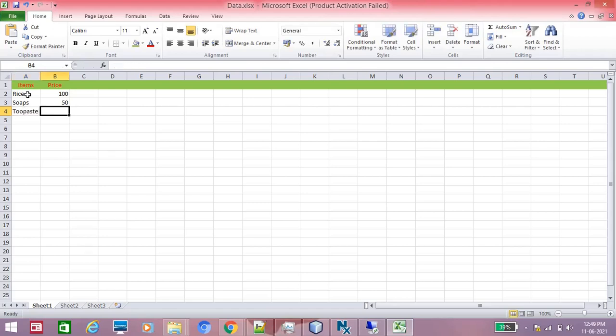Just assume I am entering some items with prices. Here, 60. Here onions. Next we can give any one. I gave the amount 50.